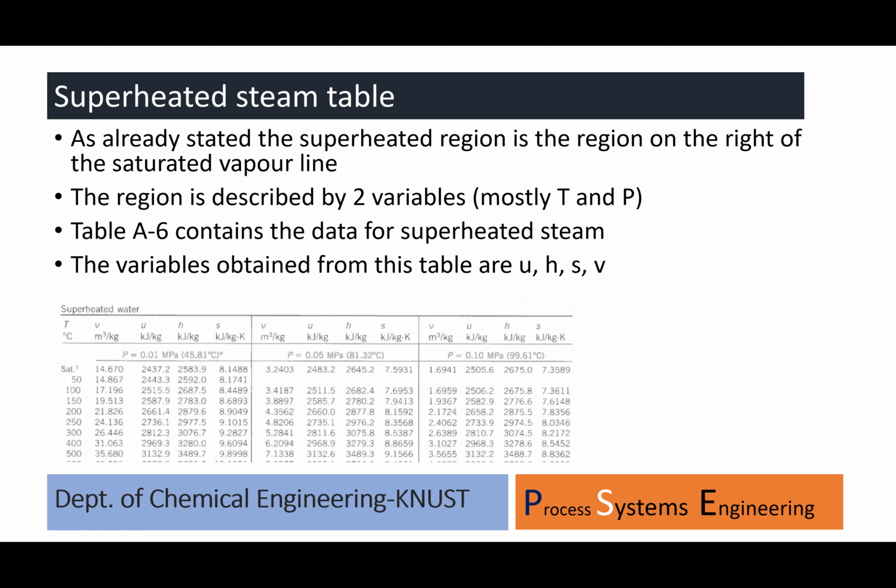So we'll continue with the superheated steam table. So when we say it is superheated, what we are trying to say